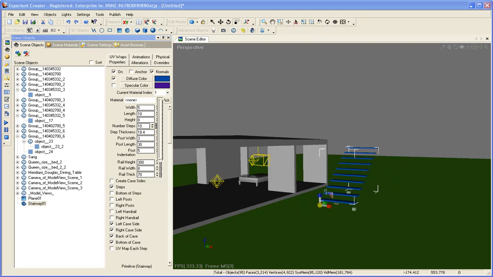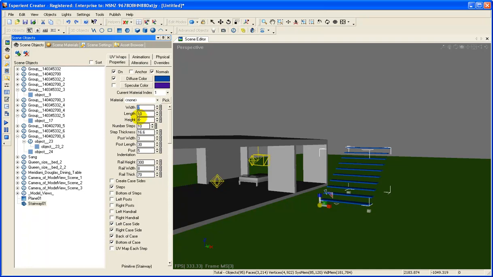So we can start to get an idea of how we want that to go, and add the number of stairs, width we want to increase, height, number of steps. So straight away we're starting to get things working. So now if we rotate that around,